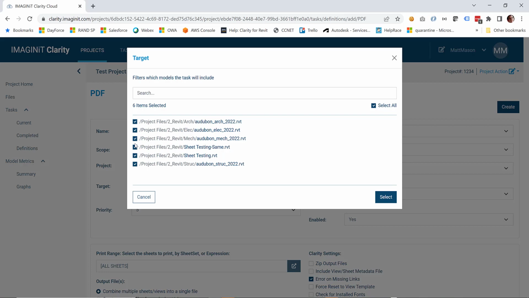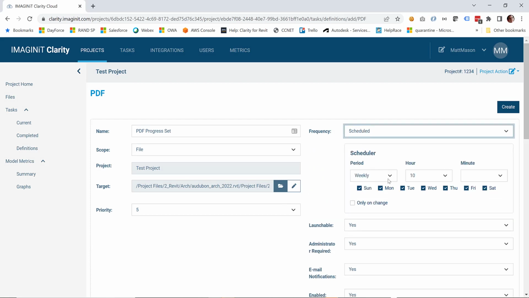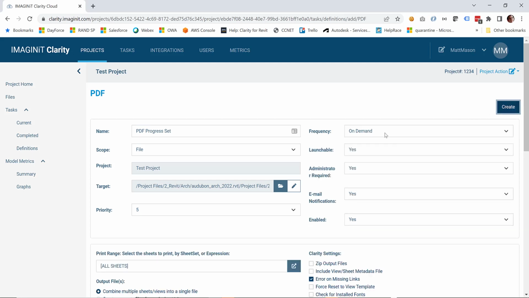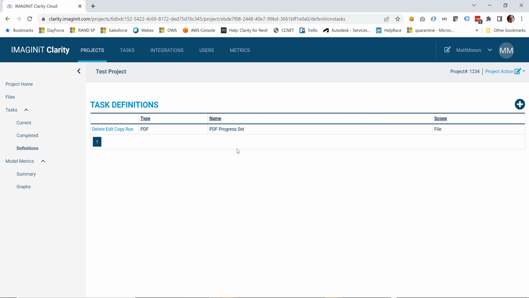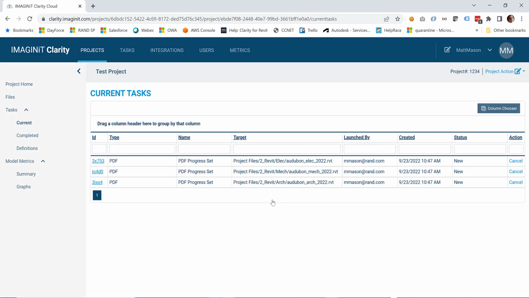So I'm going to say, let's just do these three models, and anything else we can set it up for on demand or scheduled to run on a particular day of the week at a particular time. But I'm going to create this task definition, and we can just kick it off by hand right here. So this successfully started 3 tasks. These tasks have been put onto the queue,